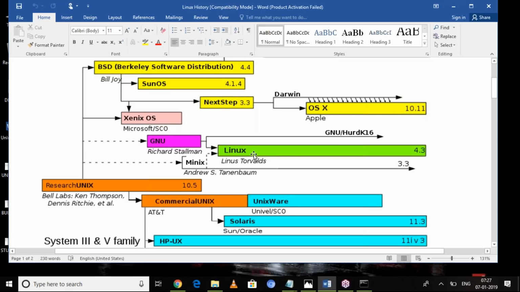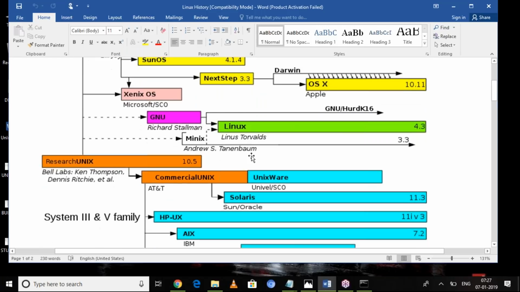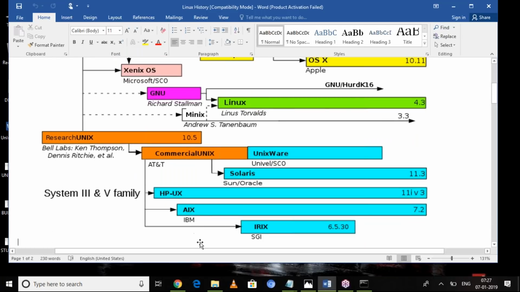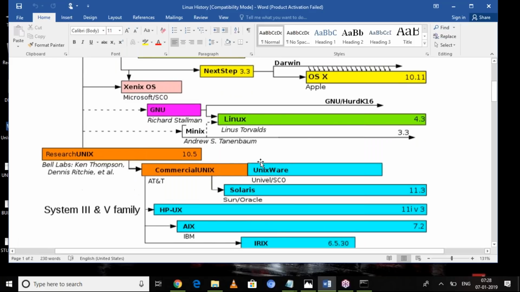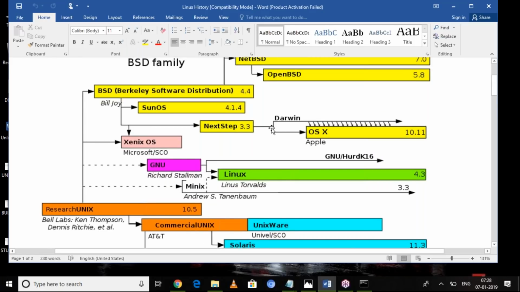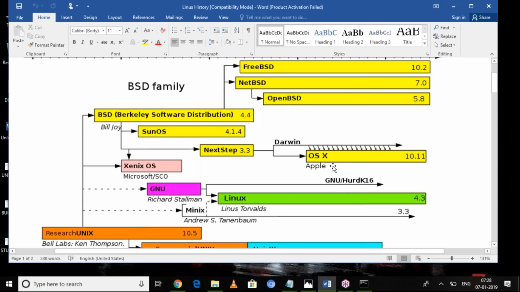So this is the actual history. These are the commercial versions or flavors. You can't download them, but you can download the remaining versions if they are free. Anybody can download Linux. Here also two types of Linux are there: commercial Linux and open Linux.